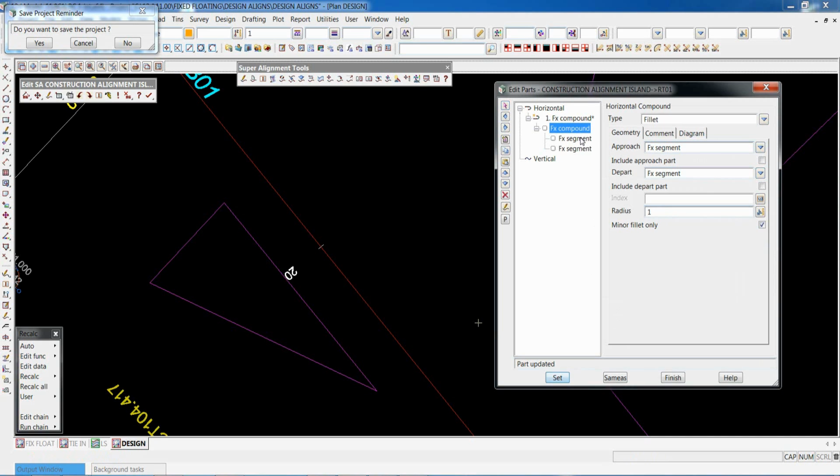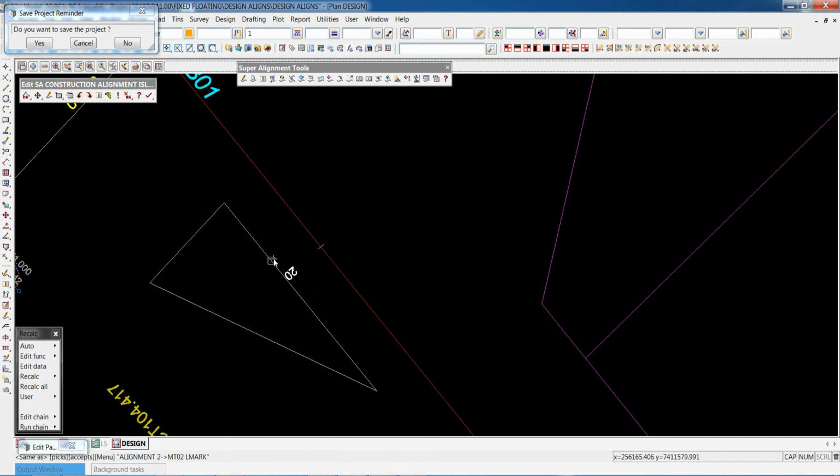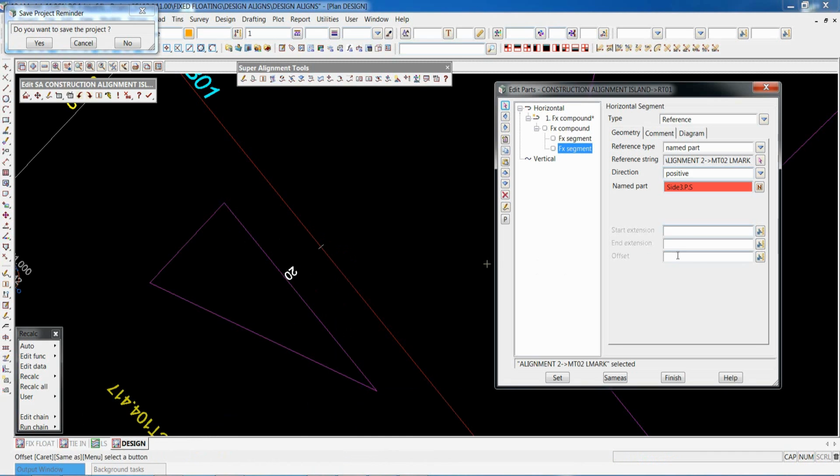And we go set. So it's simply a matter of just picking name part, selecting the name part, side 1. Offset will be 1.2. Again I go set. Pick the segment again. Send a mouse button to pick it, and this time the offset again will be 1.2. Okay, so we've got our fillet, our little nose of our island already started.